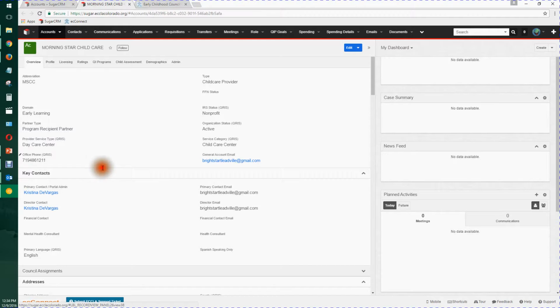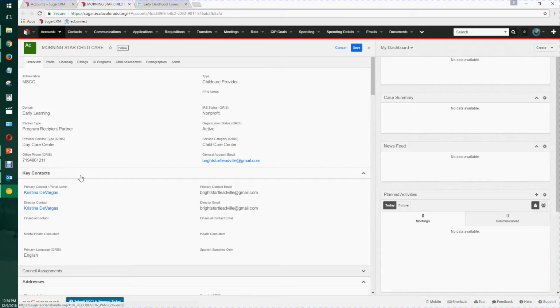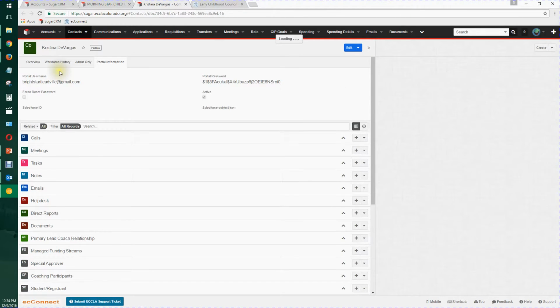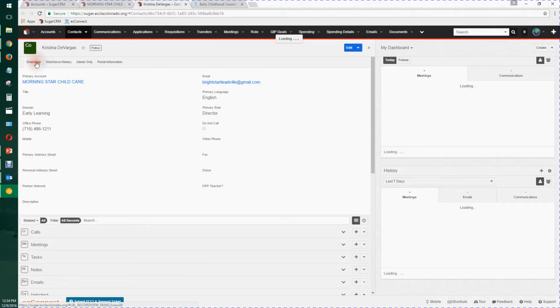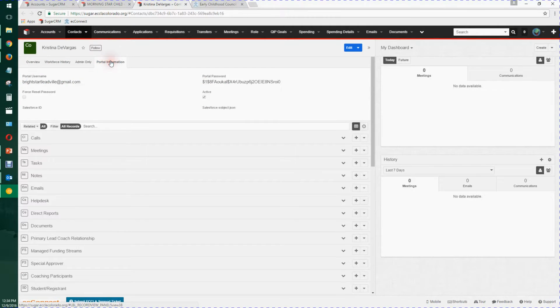So, okay, we see that in this panel here, the key contacts, we have a primary contact. So that person, or open their link, is most likely the one who requested the password be sent for their site. Go in there, and here in not the overview tab, but the portal information tab, that's the password for ecConnect. So all you do to change it is,